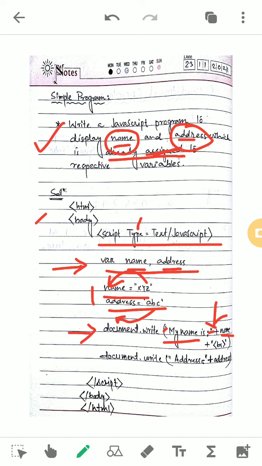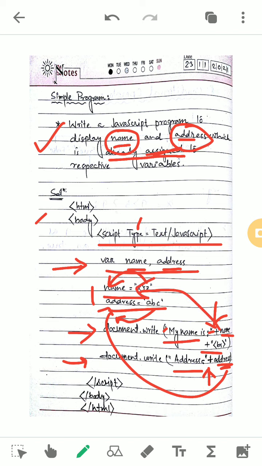And in the same line, you can give plus br to display the next line in a different line, not in the same line. That means your name will be displayed in the first line in the HTML output. Again, in the next line, document.write address. Whatever you want to write here, my residential address is, whatever you want to write, it should be in double quotes. Then plus, this is the plus concatenation operator, and the variable name where the value is stored, like this. In this address variable, here the name variable it is stored.